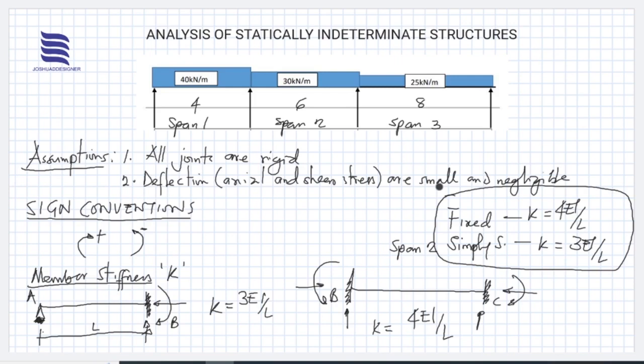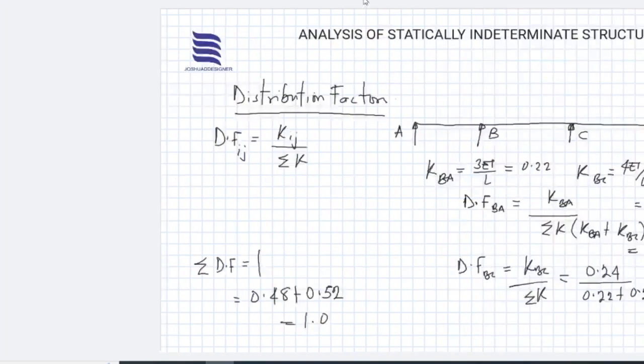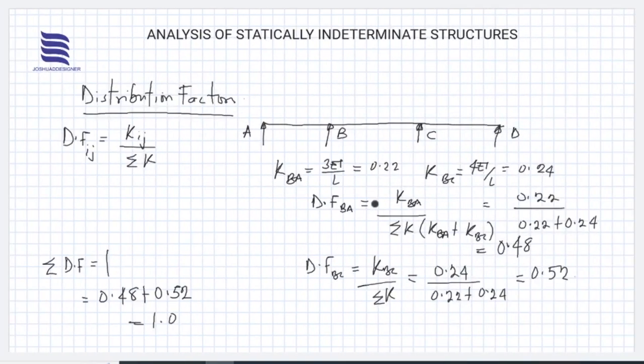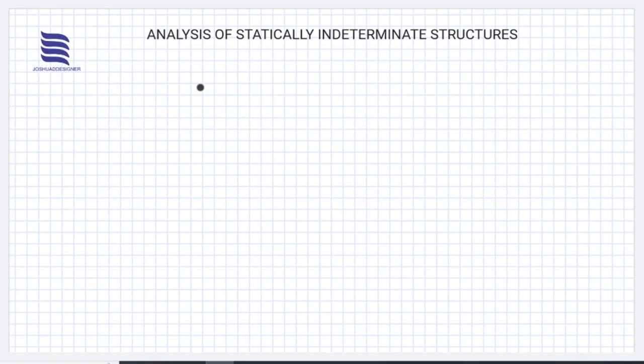On the member stiffness, I told you once your end support is simply supported, the stiffness is going to be K equals 3EI over L, and when the far end support is fixed, your stiffness remains 4EI over L. Now to go straight forward to distribution factor, I explained to you all through about this, and you should get that as simple as possible right now. So let's have